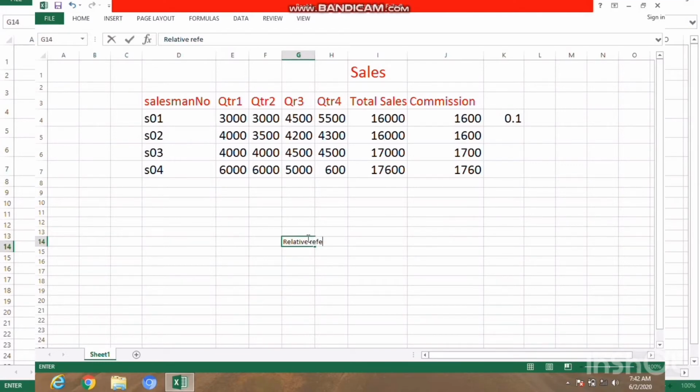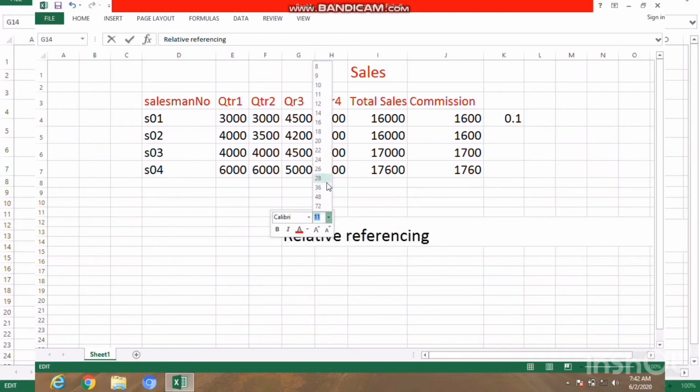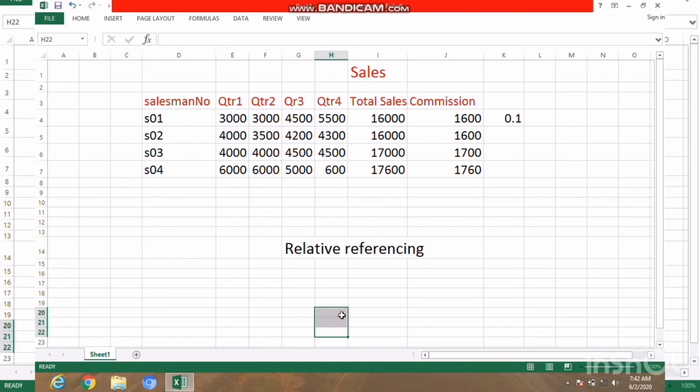So such type of first, relative referencing we have seen, in which when we found total sales, at that time the cell address is directly copied, okay, directly copied to the next cell according to their cell addresses, right? But if I make it absolute, then our absolute value is not changed. Whatever part is relative, that is changed. It's called absolute referencing. So in this example we have seen 2 types of referencing. One is relative referencing and one is absolute referencing.